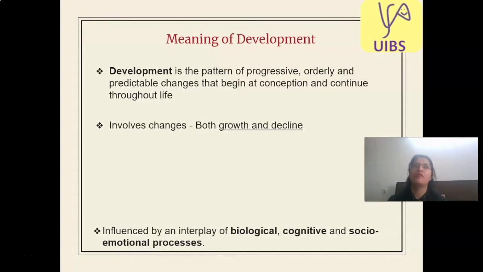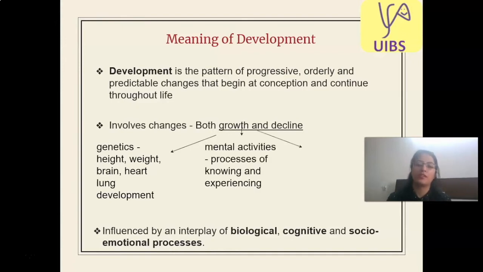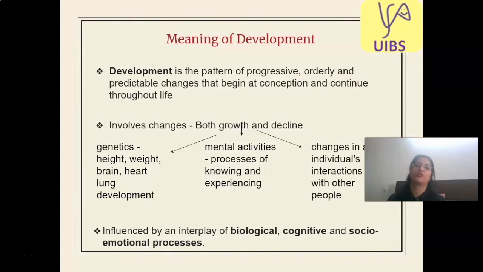So overall, if you talk about humans, there is a certain pattern in which they grow, which involves a lot of growth, maturation, and development of different body parts. So there are changes which are dependent on genetics, like height, weight, and development of the brain, the heart, the lungs. Then there are other changes like mental processes, which keep on changing through knowledge and experience, and then there are changes in individuals when they interact with the social world outside. Now there are a lot of factors at interplay when we talk about development: biological, cognitive, and socio-emotional